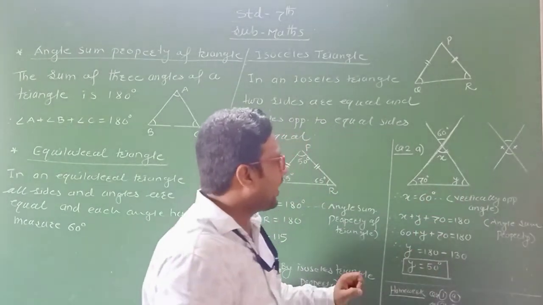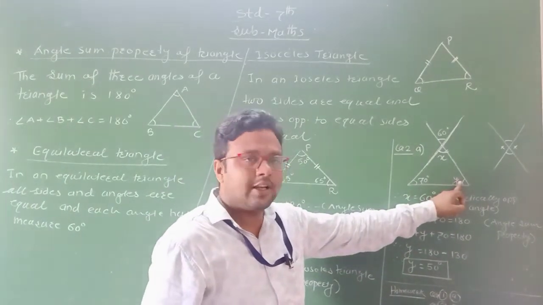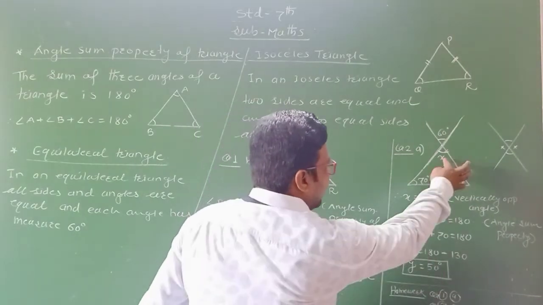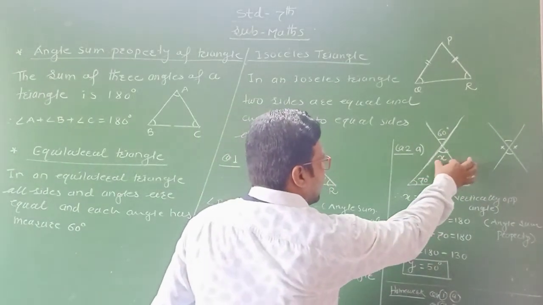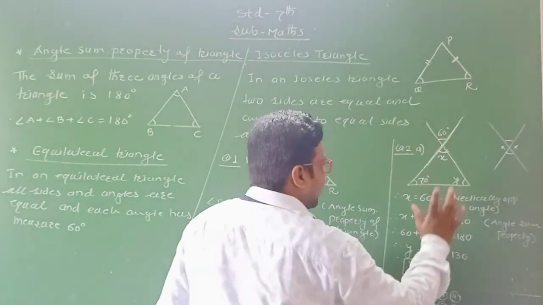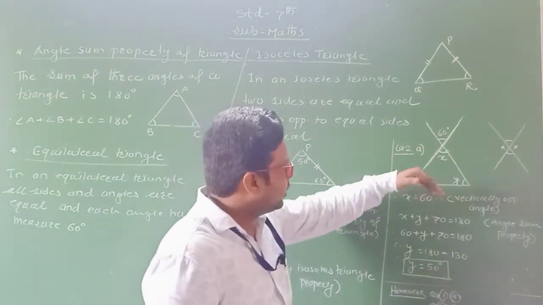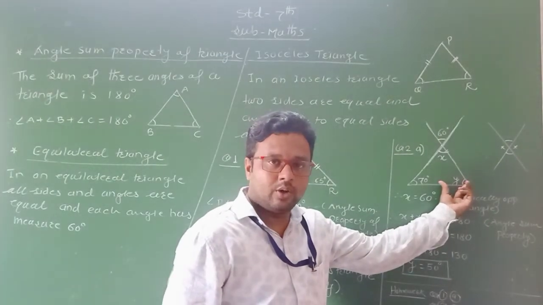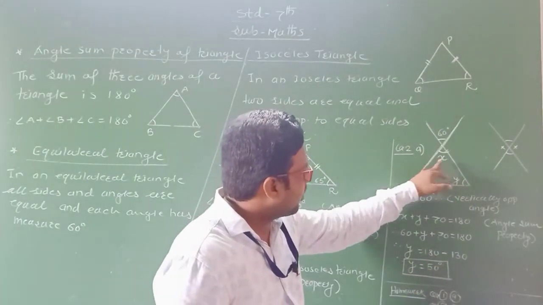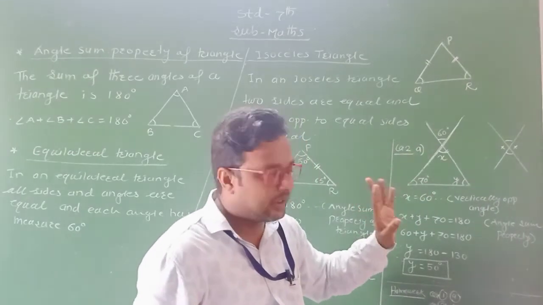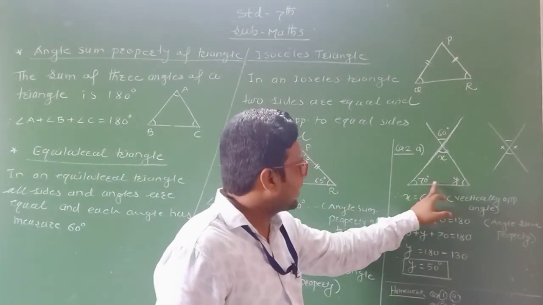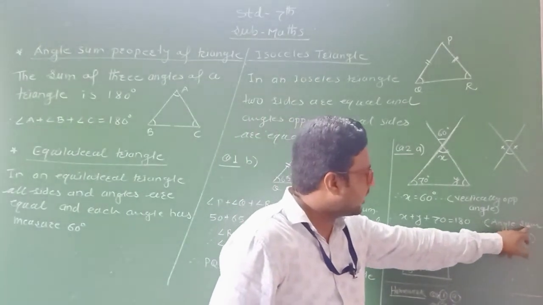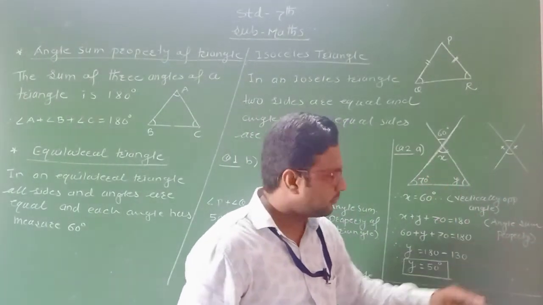Okay. Now to find out the value of y. Y is an angle of the given triangle. Okay. Which are the interior angles of the triangle? X, y and 70. X we already found out by vertically opposite angles, 60 degree. Now we use the angle sum property to find out the value of y in the given triangle. Okay. Therefore, the sum of all three interior angles of the triangle, that is x plus y plus 70, is equal to what? 180 degree. What is the reason here? Angle sum property of a triangle.